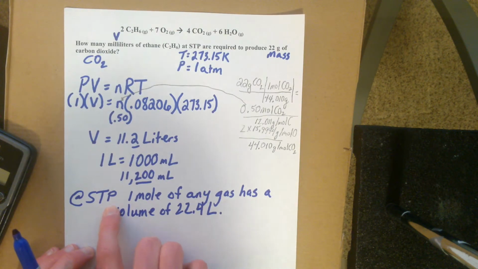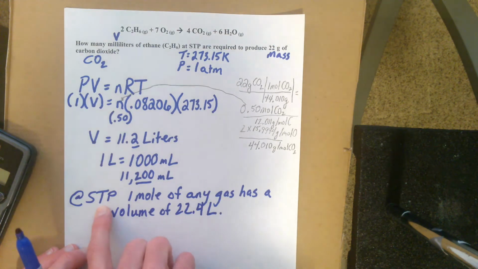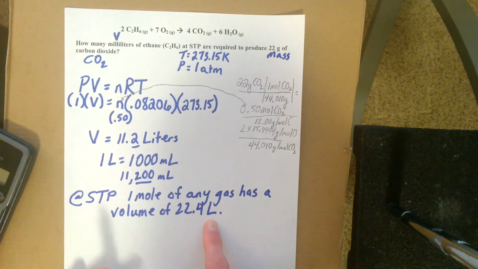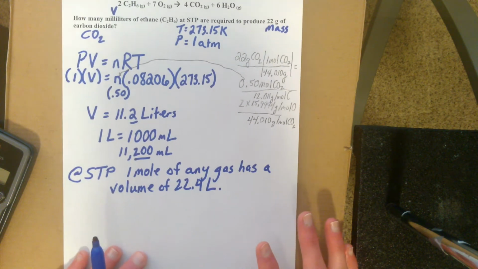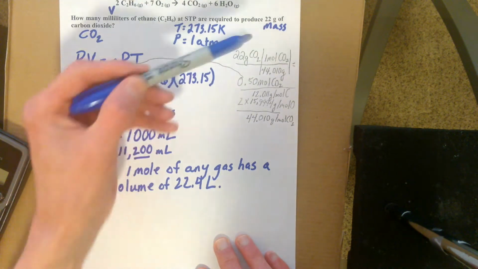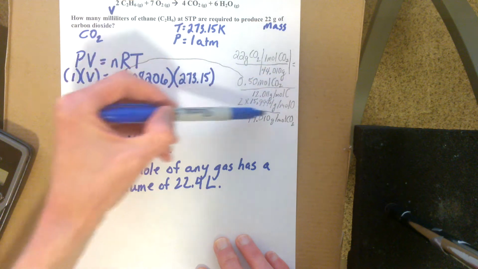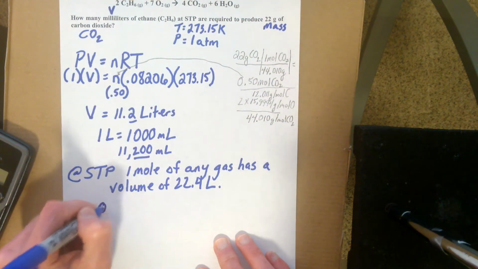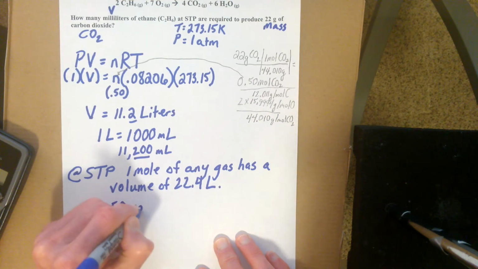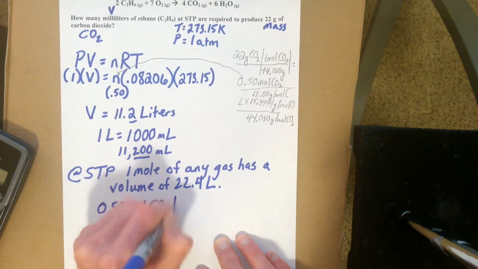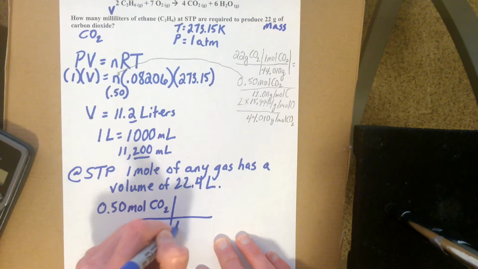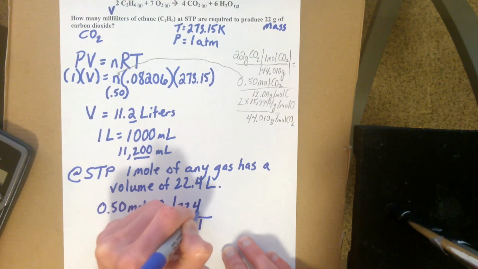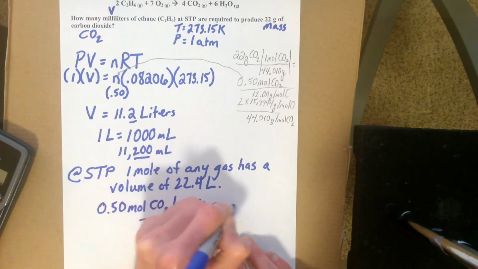It has to be at STP conditions: 1 mole of any gas has a volume of 22.4 liters. So a second way we could have solved this problem is do our mole conversion right here, get the 0.50 moles, and then just simply do 0.50 moles of CO2 and the conversion that 1 mole of any gas has a volume of 22.4 liters at STP,